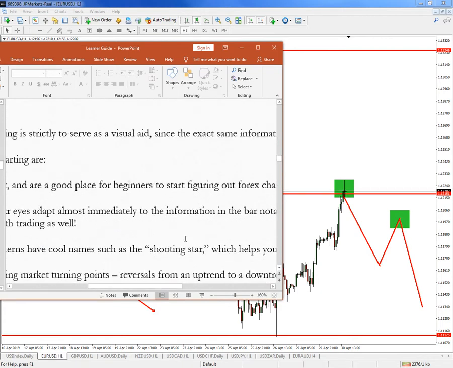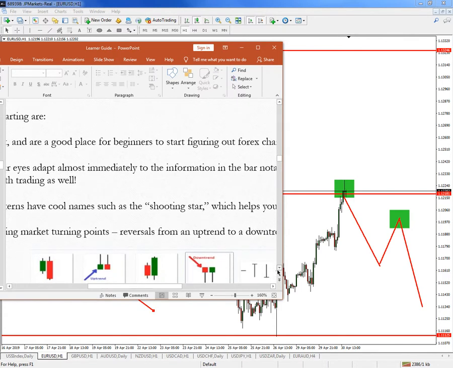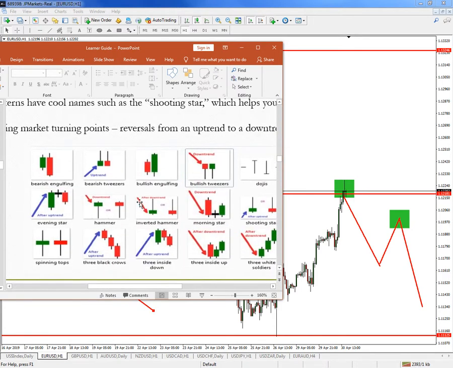Wherever you see a red arrow, you want to see the market move down to a level of support before looking for the potential buy. Where you don't see an arrow, for example, bullish engulfing candle or bearish engulfing, the name of what type of market you want to trade is in the actual word. For example, if it gets here, we're looking for a bearish engulfing because we want to trade bearish. We will not look for bullish engulfing because we're not looking to buy, we're looking to sell.